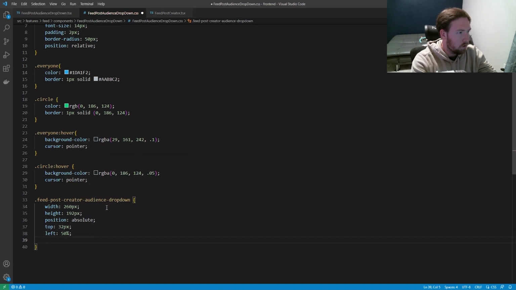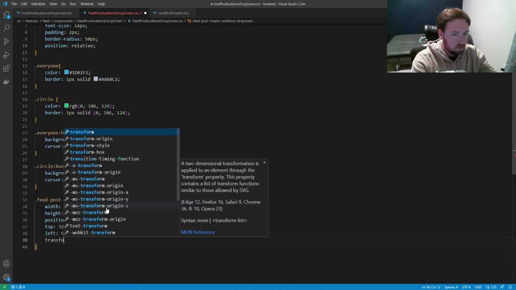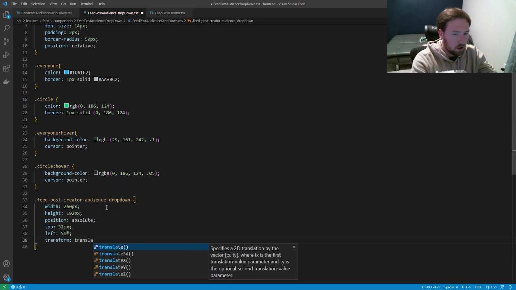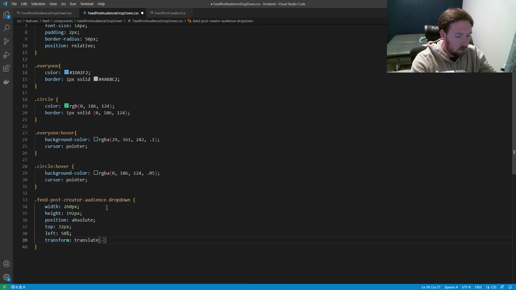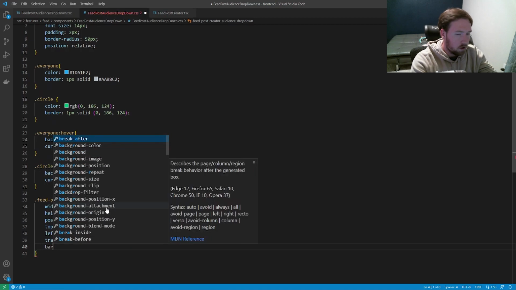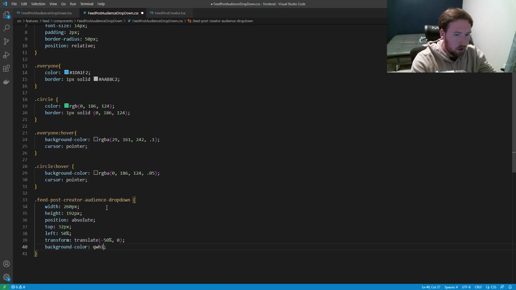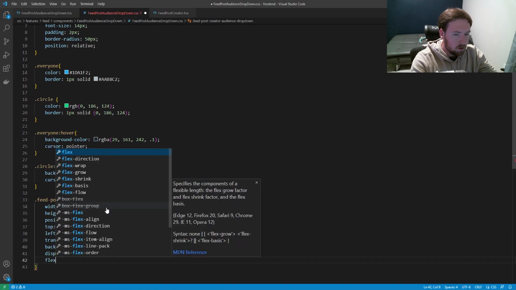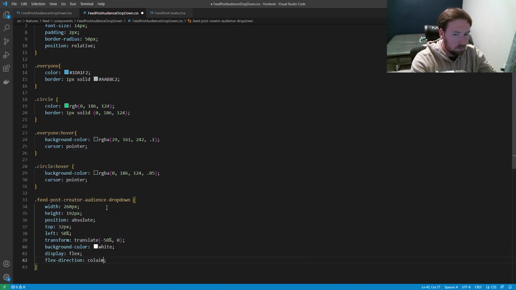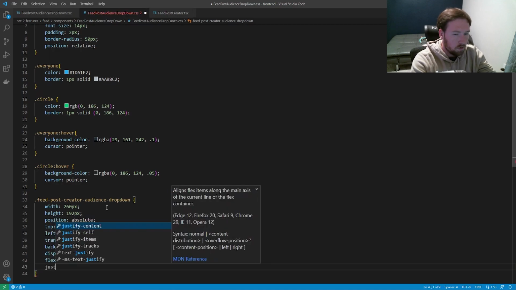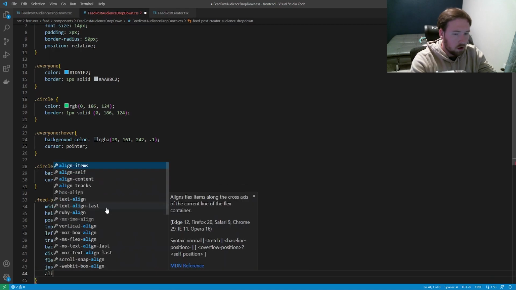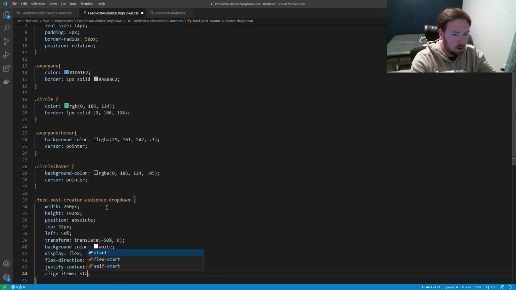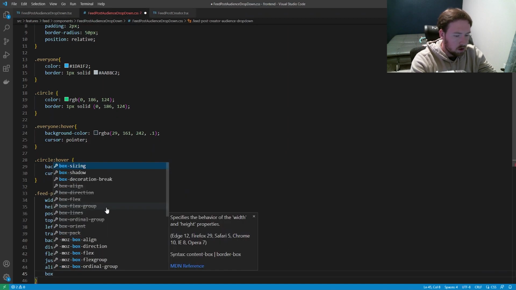And then what we're going to have is transform, and this is going to have a translate, and we're going to say negative 50% and 0. And then we're going to have a background color of white, just to make sure it's not see-through. We're going to have a display of flex, a flex direction of column, a justify content of center, and align items of start, and then a box shadow